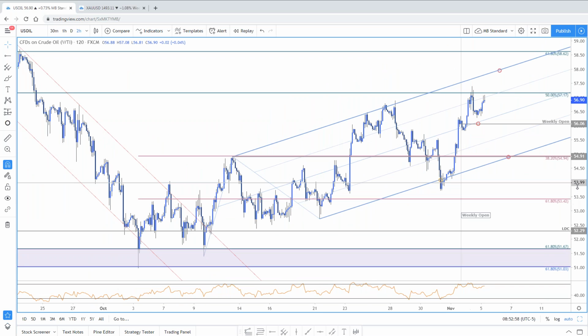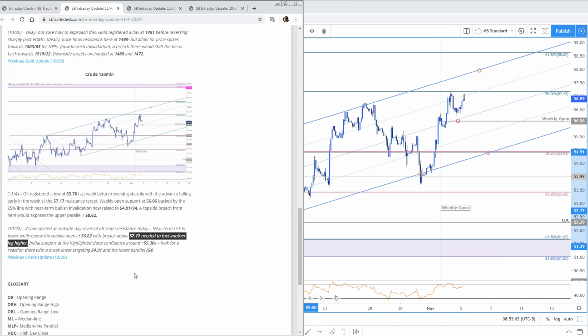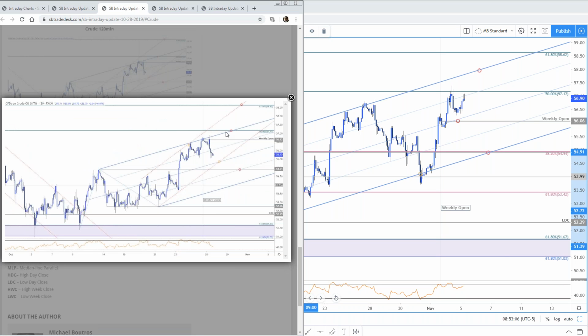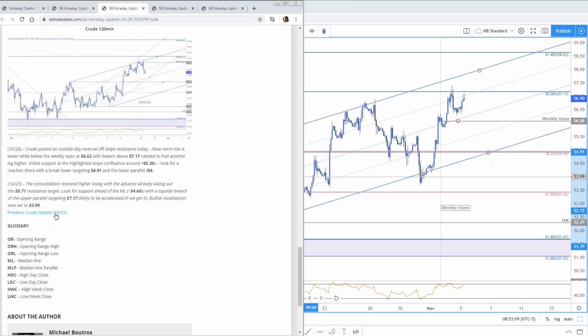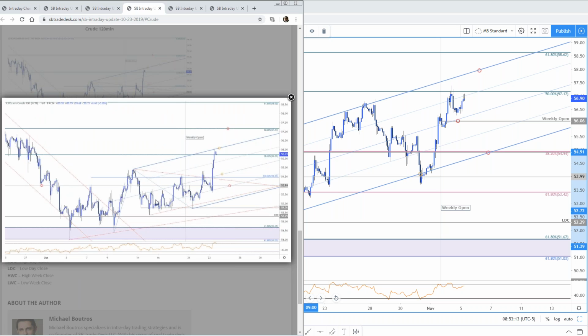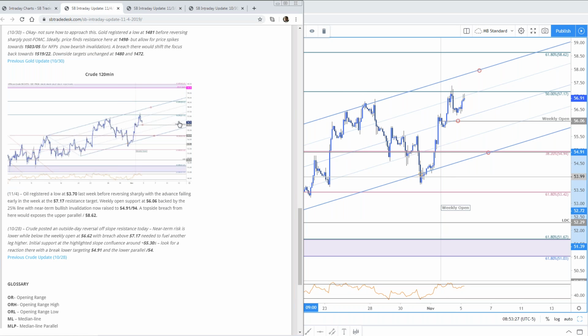At the end of the day, you're still within the confines of the uptrend. This is the same pitchfork that we've been following. Here was the update from the 28th. The same pitchfork. In fact, even the update before this on the 23rd. Same pitchfork. We've been following this same gradient for some time. Here was the bounce, false break of the lower parallel. It's the 50% retracement. That's not necessarily why I think it's such a pivotal move, but